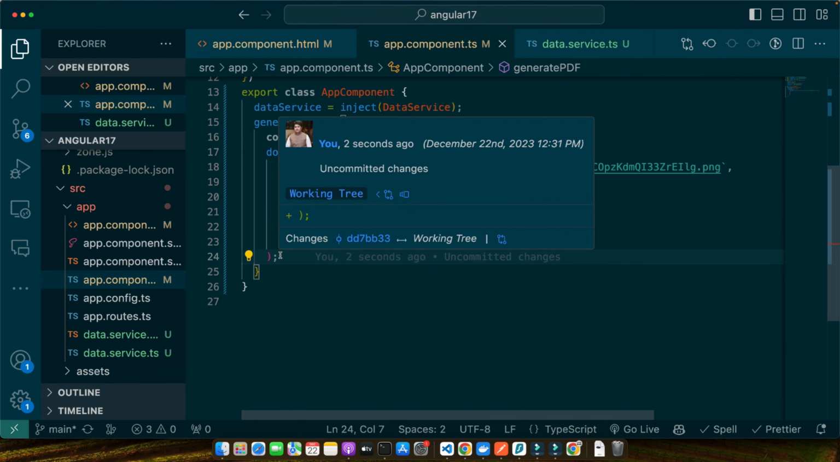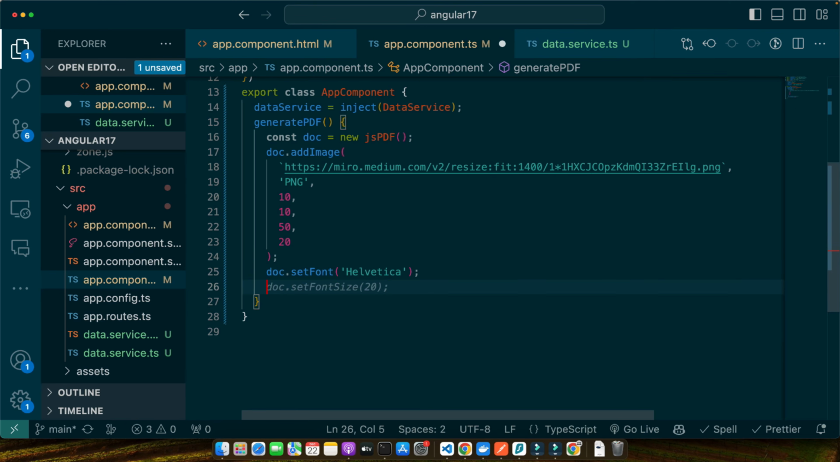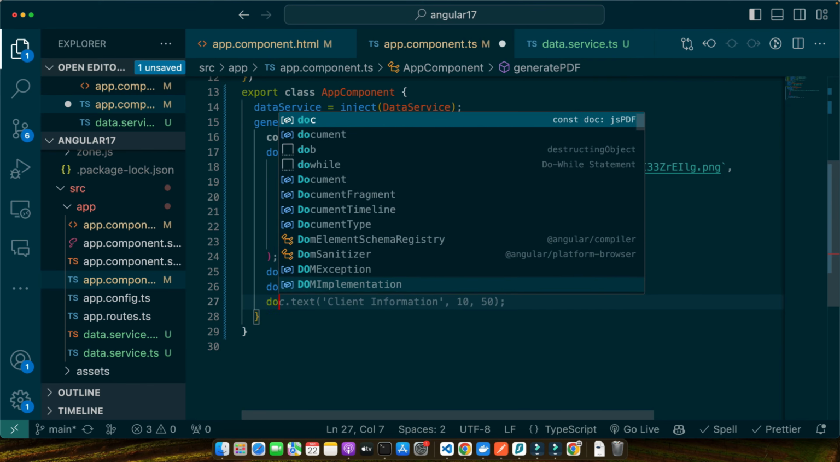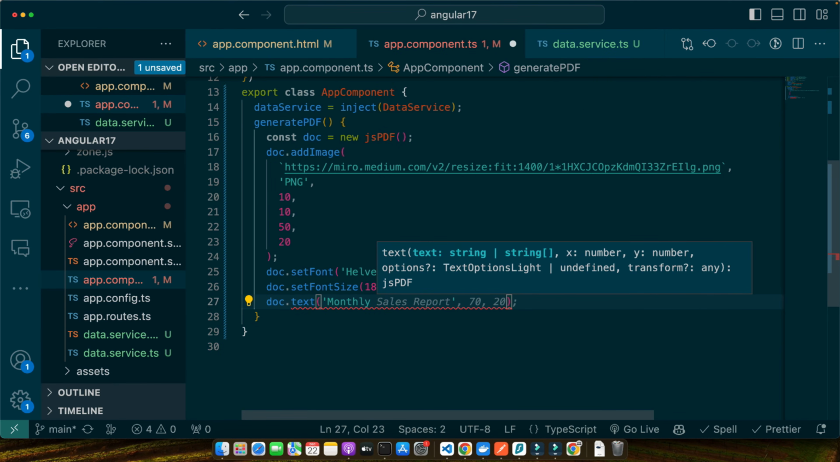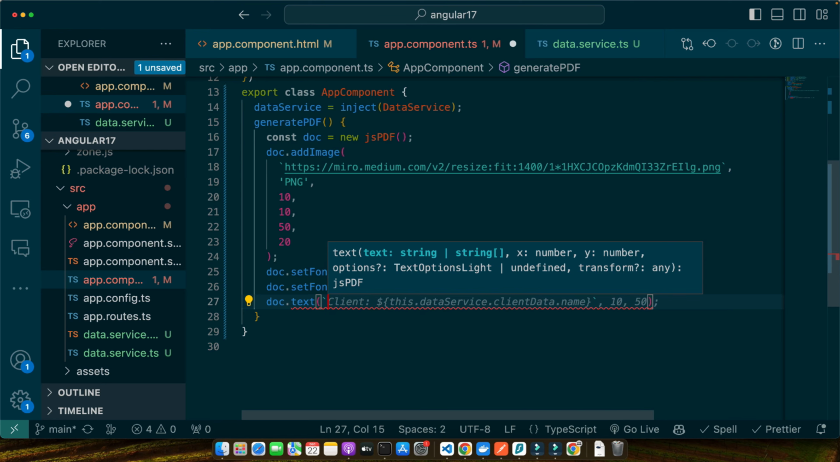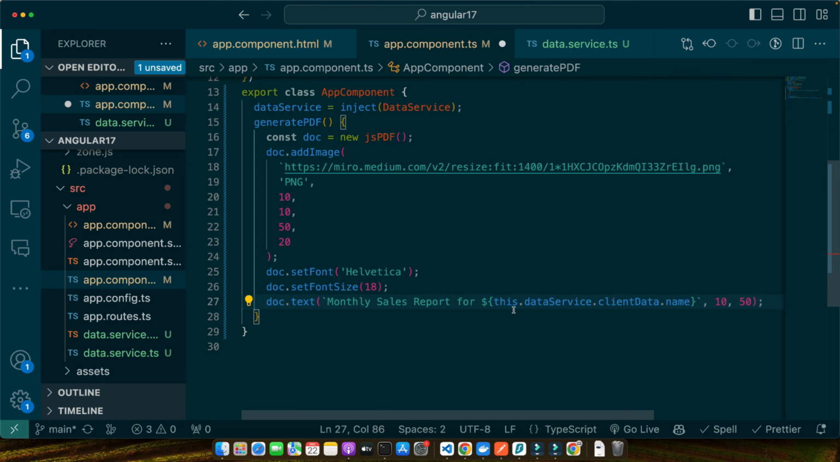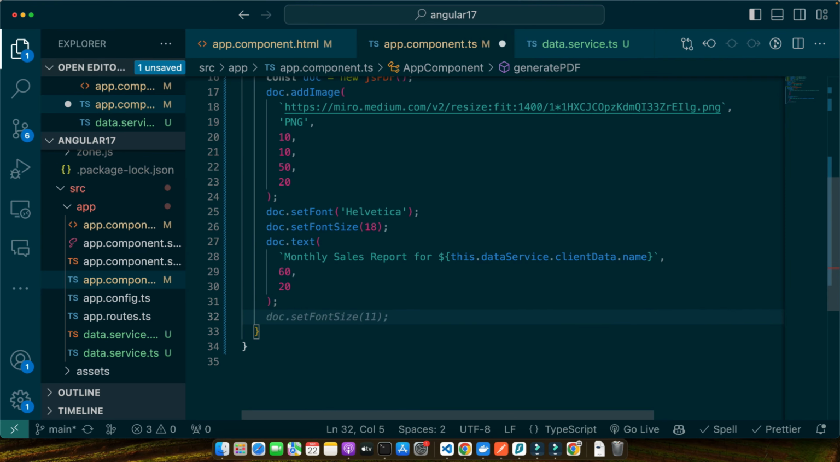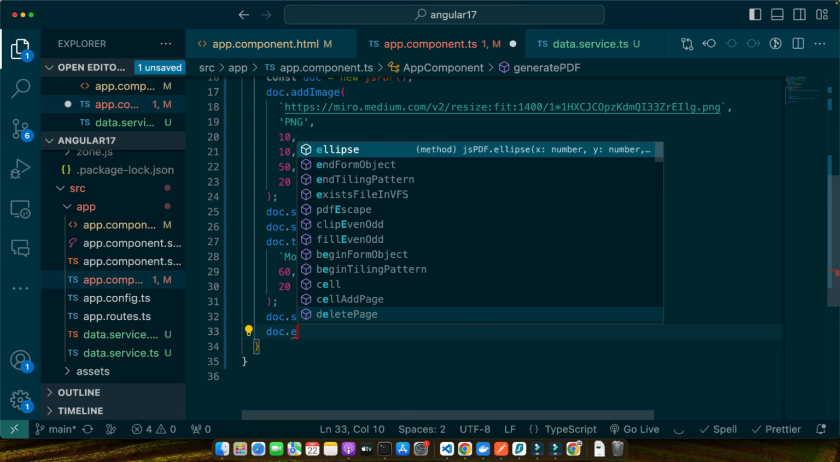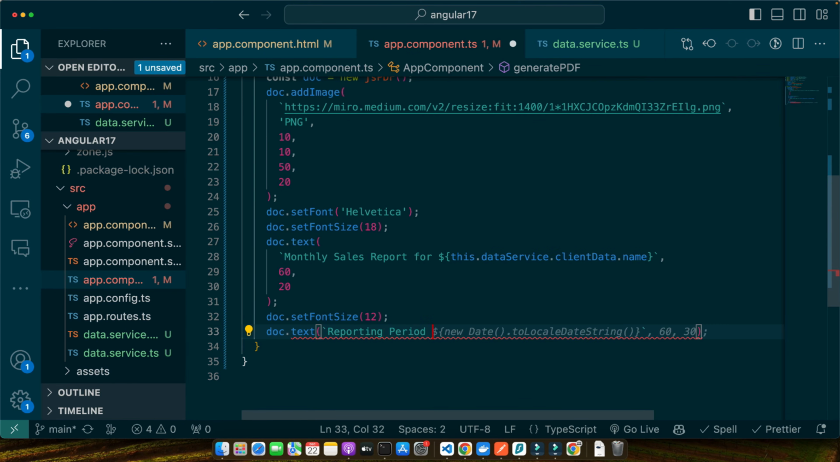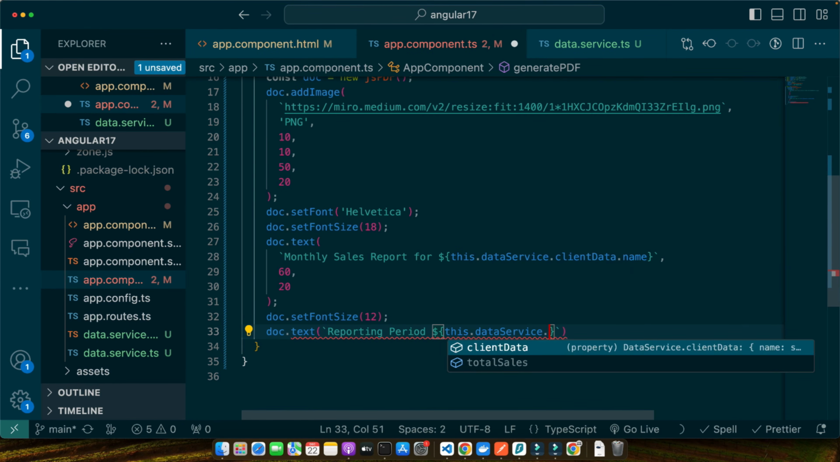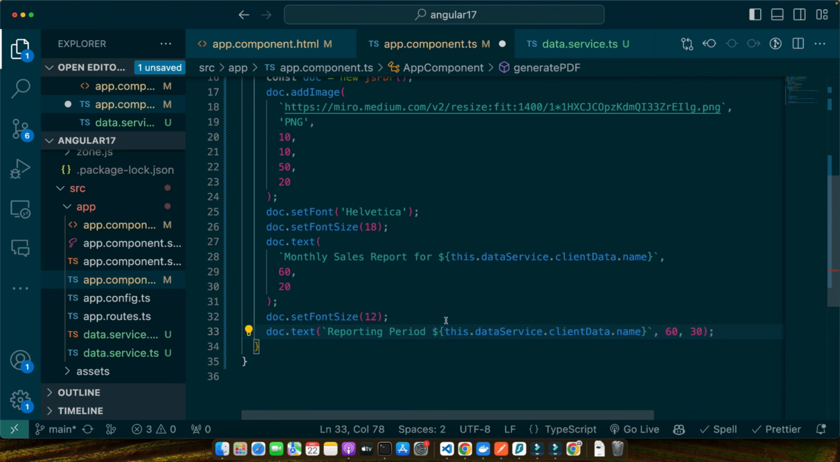Okay, now let's set the font family. Now let's add the font size to 18 pixels, and now let's add our doc.text monthly. Actually, let me add the template literal string monthly sales report for client name, and here I will add 60 and 20. Okay, after that I will add the font size to 12, and now I will add another piece of text. Reporting period is client this dot data service dot client data dot name, and with the parameter 60